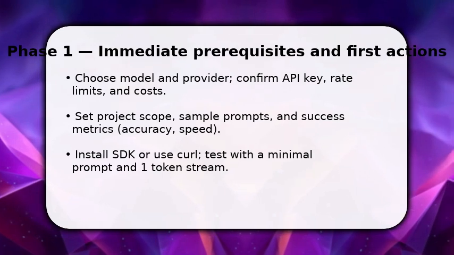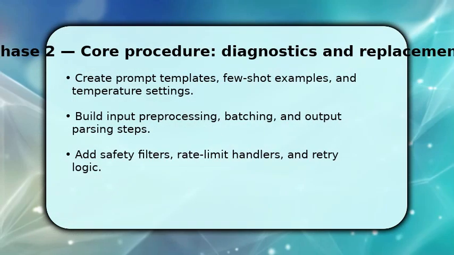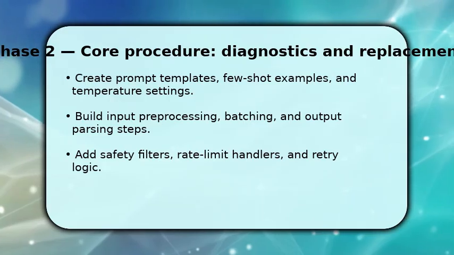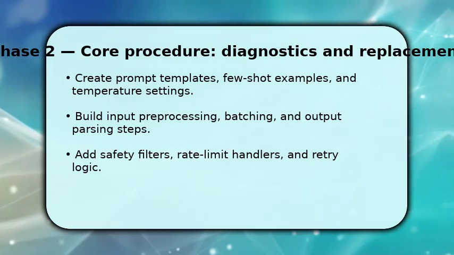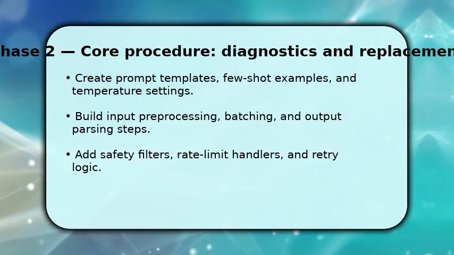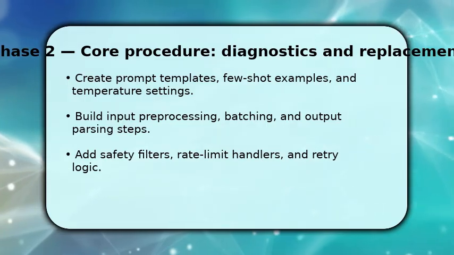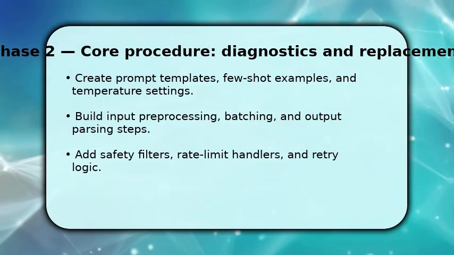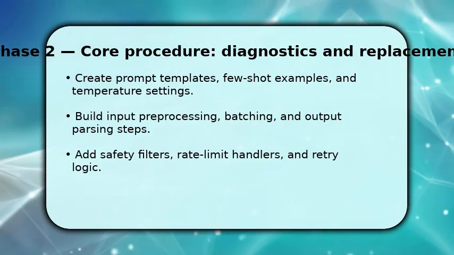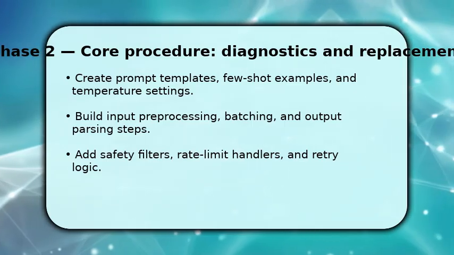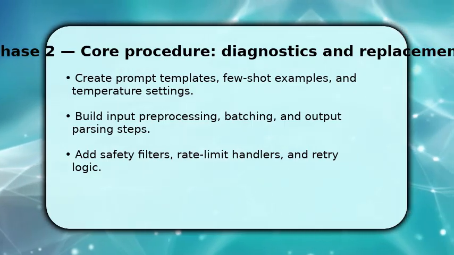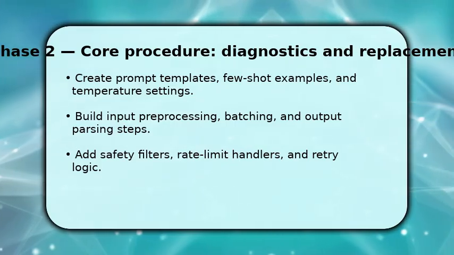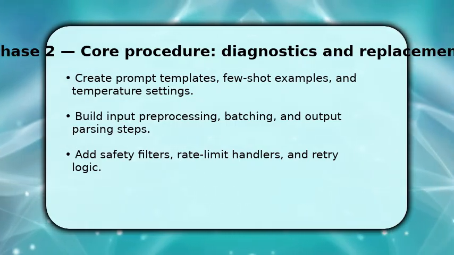You now build the core pipeline. Design clear prompt templates and include few-shot examples to guide behavior, then tune temperature and max tokens for predictable output. Once templates are locked, implement input preprocessing, batching, and structured parsing so responses map to your data model. Connect safety filters and content checks early, and add rate limit handlers with exponential backoff. Make sure to log both prompts and responses for debugging, and to measure performance,